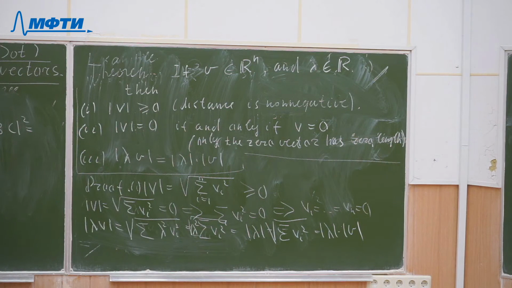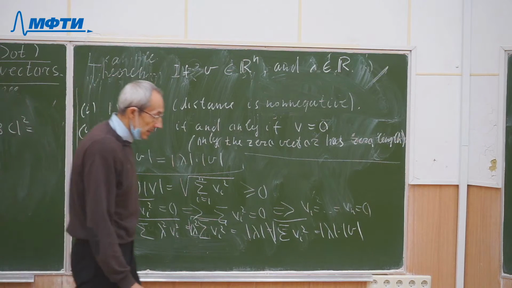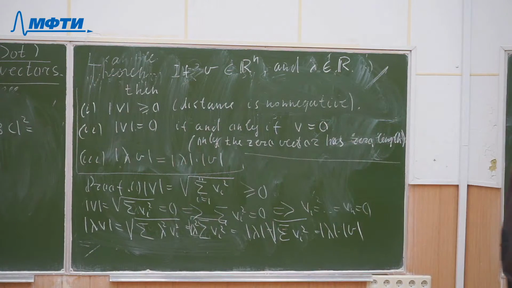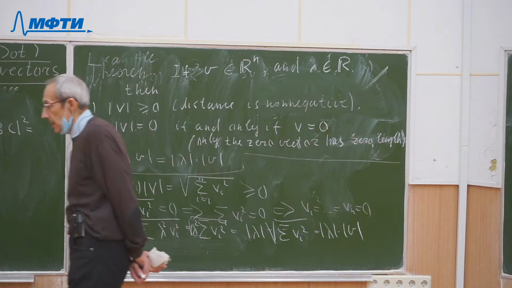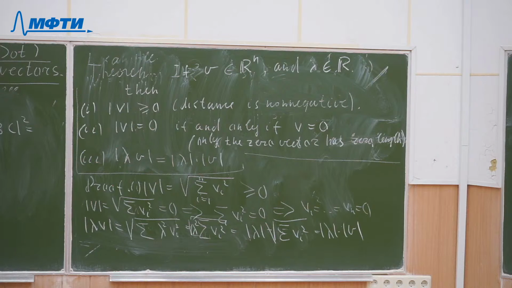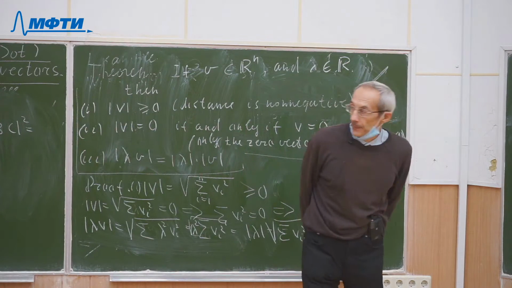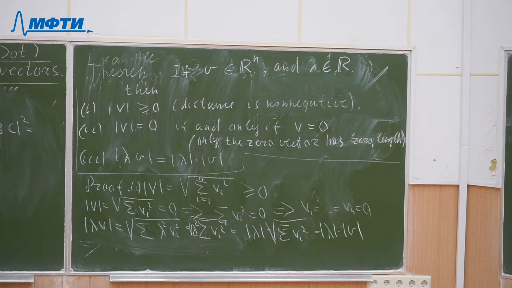We will use these properties and define the abstract notion of distance in an arbitrary vector space. Precisely, let V be an abstract vector space. We will say that in V